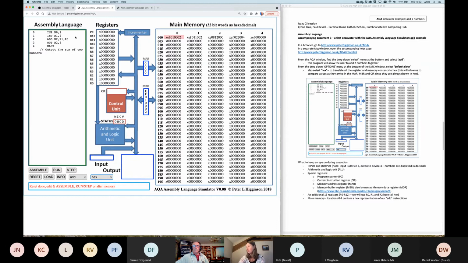In this one, you can see we've got R0, R1 and R2 in use, so they're just going to be these bottom 3 registers. On top of that, we've got our current instruction register again. As part of our control unit, we've got our memory address register here, and our MBR, memory buffer register, which as we've already put in the